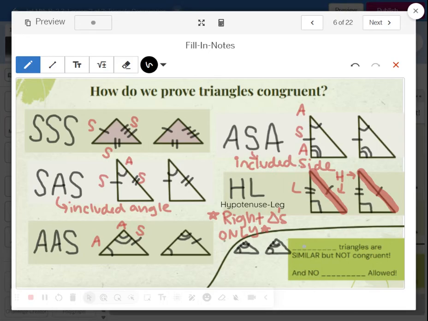So if we're given a triangle and 2 angles are congruent, we only need 2 angles because the third angle has to be the same, by the triangle sum property. So if we're given only the same angles, these triangles are going to be similar, but they will not be congruent. Our goal for this topic is proving that they are congruent, that they're the same,